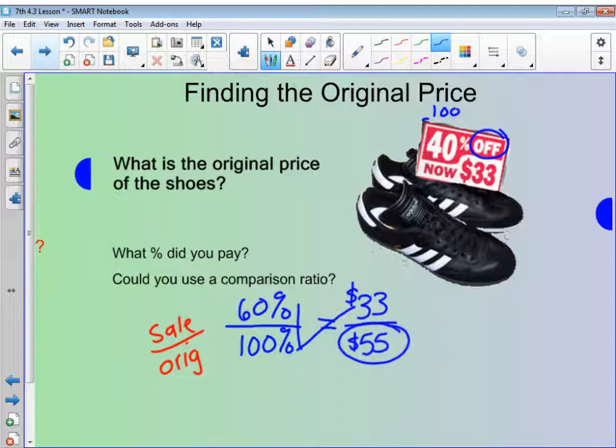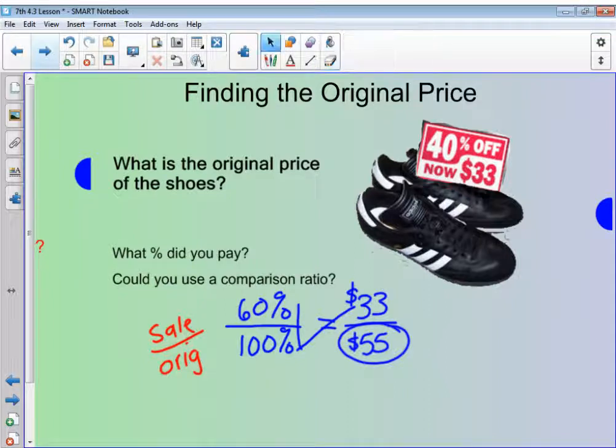Sometimes it's exciting to let people know how much you ended up saving on something that you bought on sale. So we're going to go ahead and practice that concept. Okay, the other method that you could have used here, like I said, the proportion is very visual and very easy to understand. You could have also said 60%,